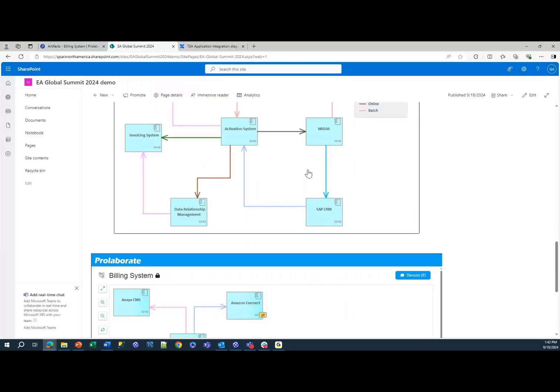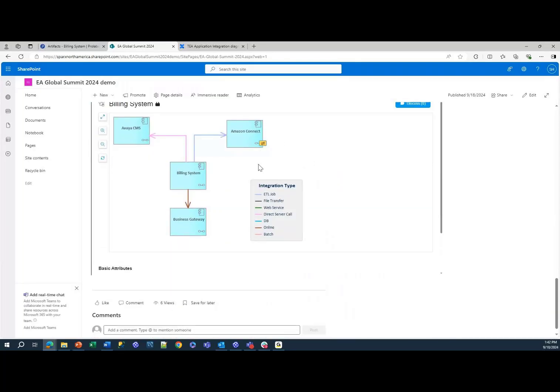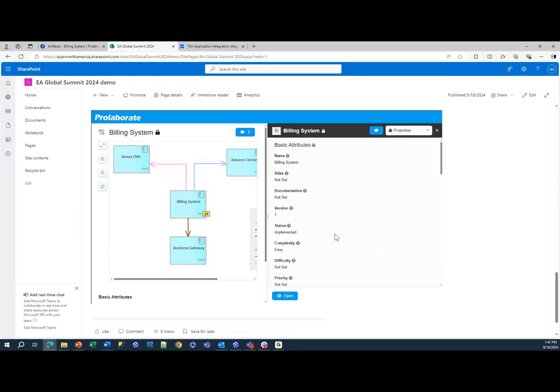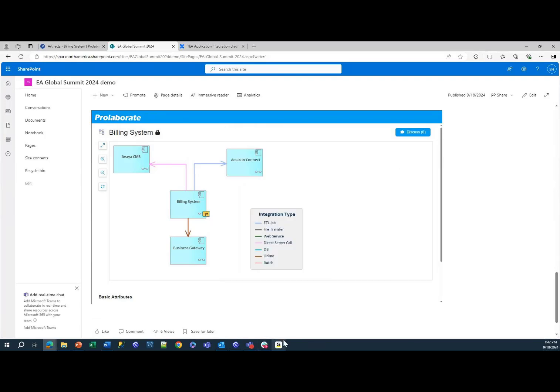Doesn't do anything. If I go to the one that I embedded, if I click on any of the elements in the diagram, it will dynamically pull up the properties sheet that you would see in Prolaborate. So you can get some additional information about it and so forth that would be above and beyond what you'd see. Now, that's pretty cool, but the best thing about it is if I made a change to the diagram,